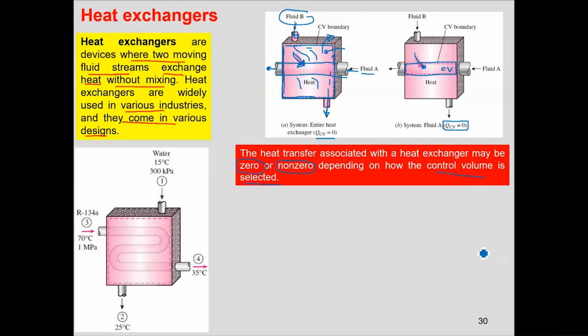So water at 20 degree centigrade is entering from inlet 1 and leaving from the outlet 2 at 25 degrees centigrade. So the water is gaining heat. Similarly, there is another fluid, refrigerant, and this is the pipe. Within this gray pipe, the fluid which is flowing is refrigerant at 35 degrees centigrade. That means it is losing heat to the water and cooling itself down as it flows from inlet 3